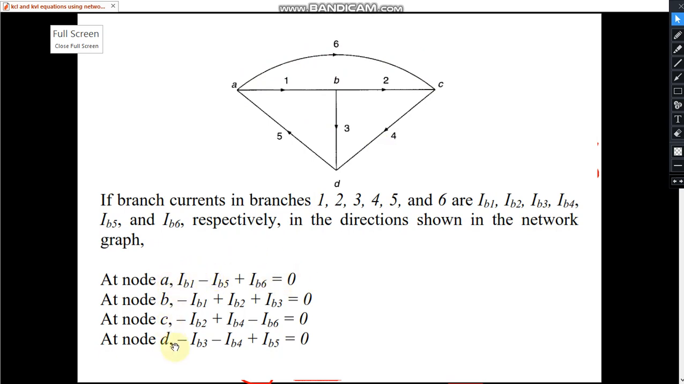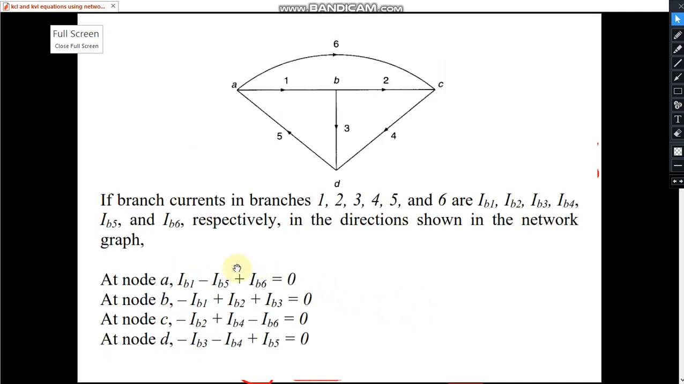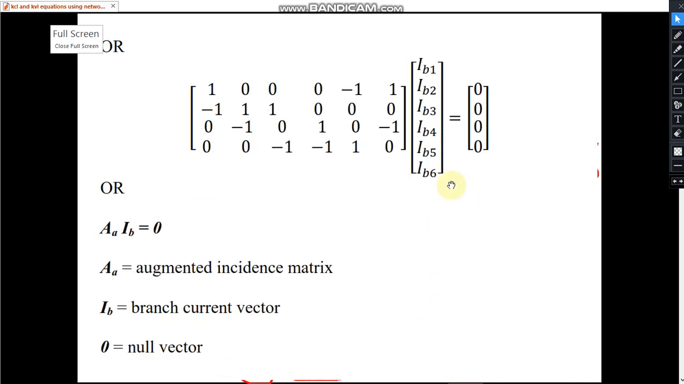So there are 4 such equations at node A, node B, node C and node D. We can apply KCL. So if these equations are to be put together in matrix form, we can write in this manner also, because the first equation was IB1 minus IB5 plus IB6. So 1 here, minus 1 here, 1 here,